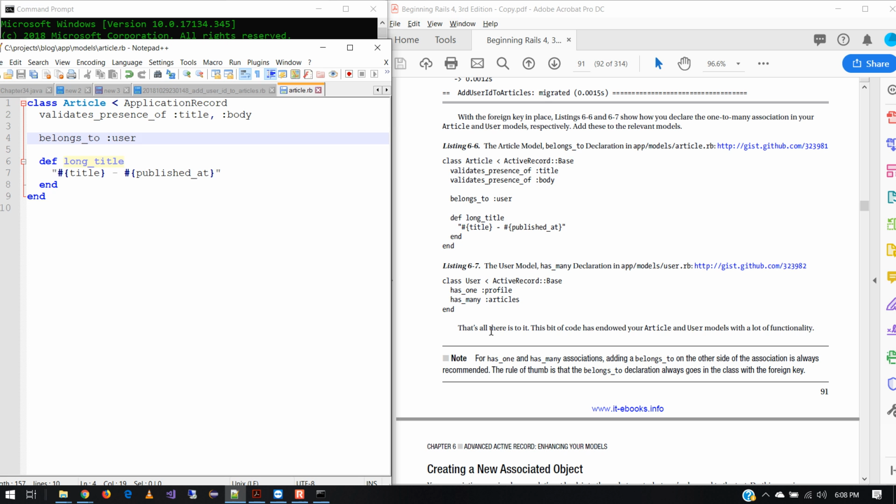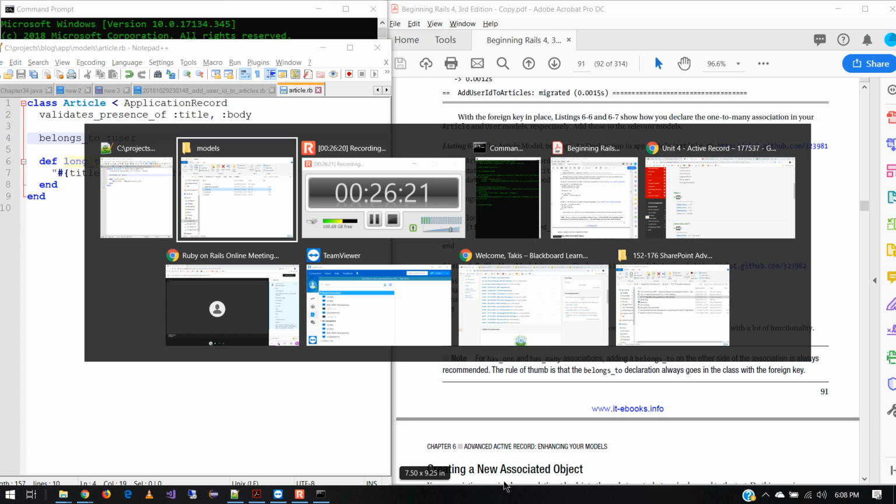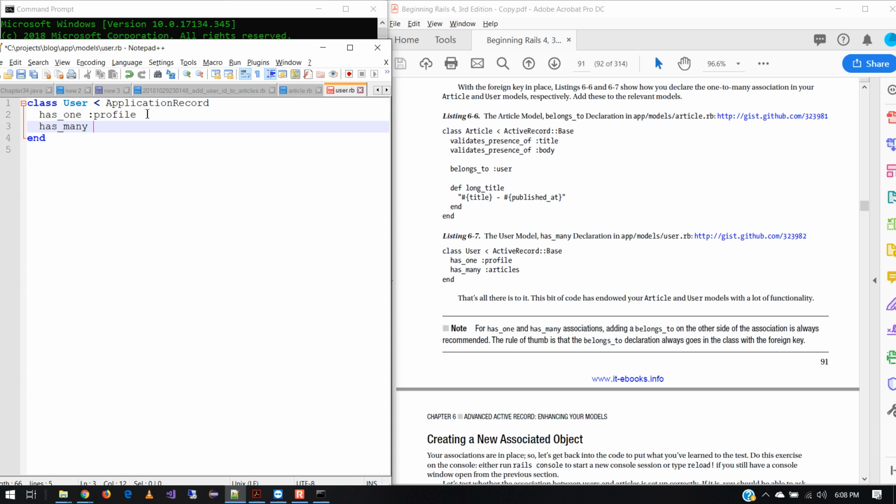The other thing we have to do is we also have to change the user Ruby file as well. So let's go ahead and open that one up. I'm just going to drag and drop it into my editor here. And for this one, we already have the declaration for has_one profile, right? So that's a pretty logical one, that every profile matches up with one particular user. And now we're indicating a one-to-many relationship. So instead of has_one, which is one-to-one, this has_many